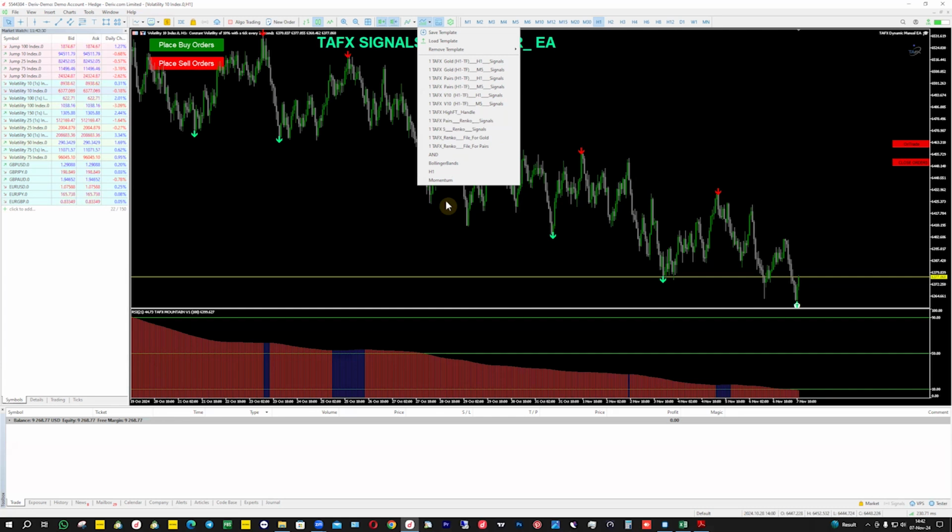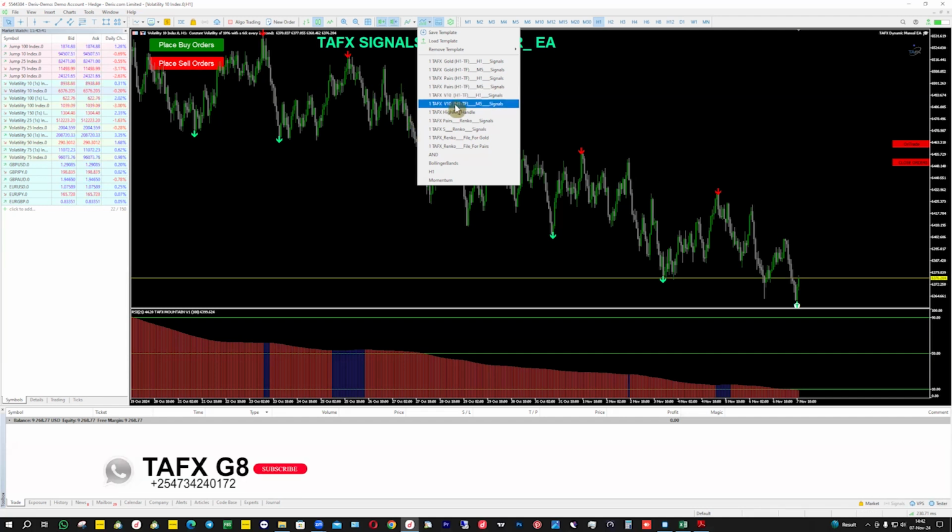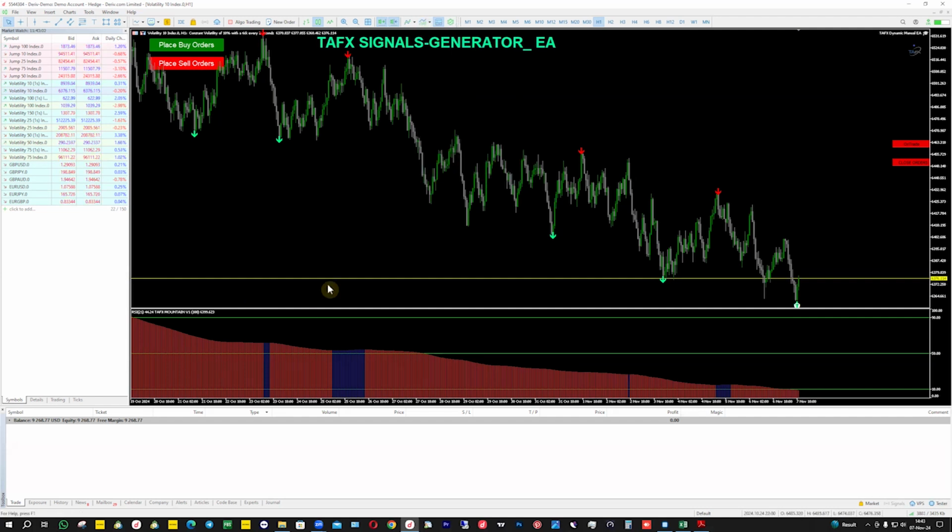This is why I was telling you guys that you can open 2 terminals. One terminal can be in 1 hour time frame, and the other terminal can work with the template of scalping. Are you getting the point? There is a template of 1 hour signals and the template of minute 5 signals. These you also attach in 1 hour time frame, but signals will be generated and sent to you from minute 5. So if, for instance, this is fast, let me open another,